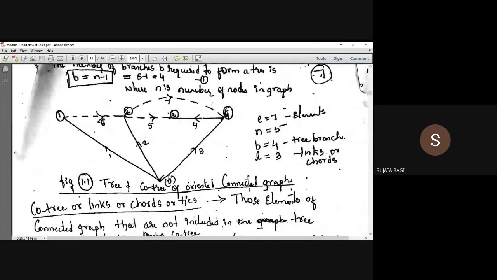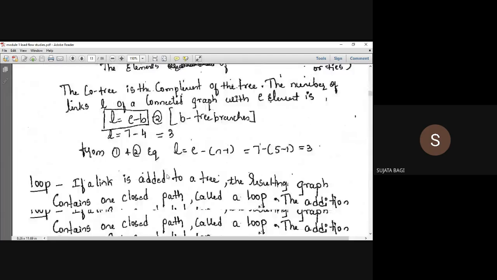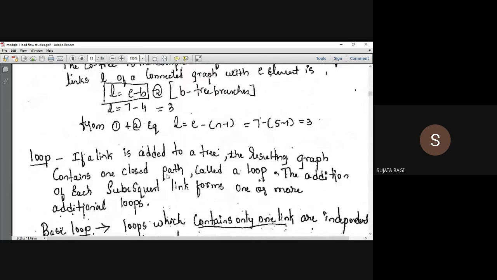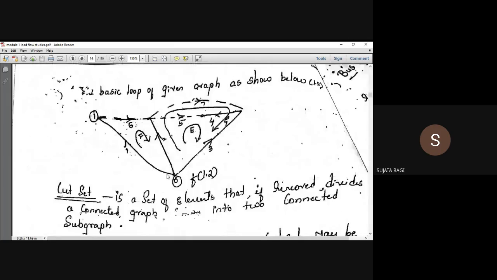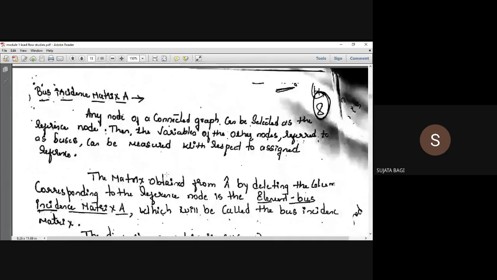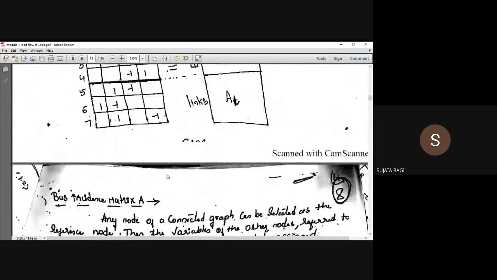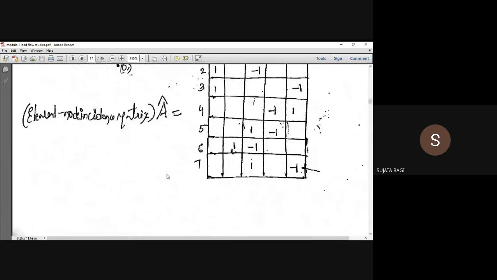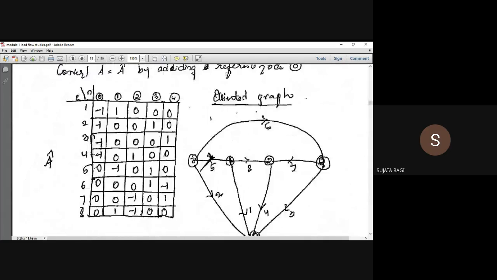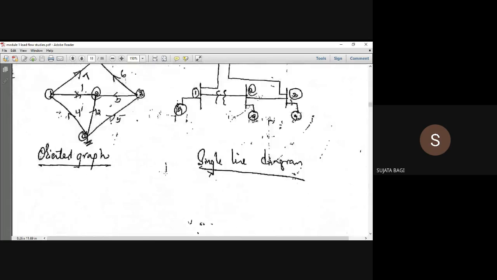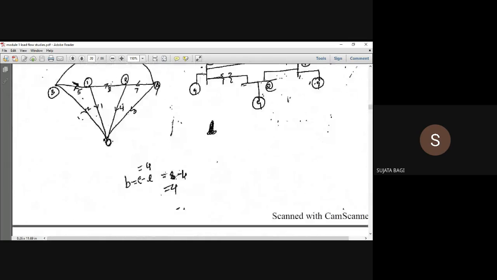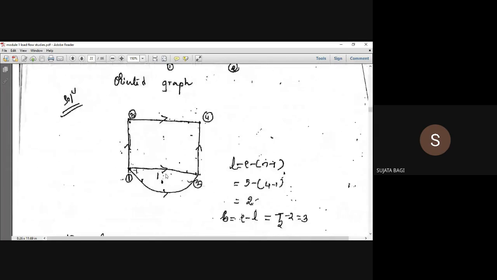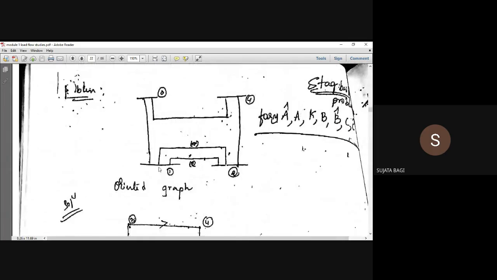Okay, it may look complex, but I'll take a simple example so that it is easy for you to understand. What formulas are we going to use here? Just wait, I'll take one example so that it will be clear what this graph is and all those things. It will be easy to understand. Just take this. Now this is one graph they have given.